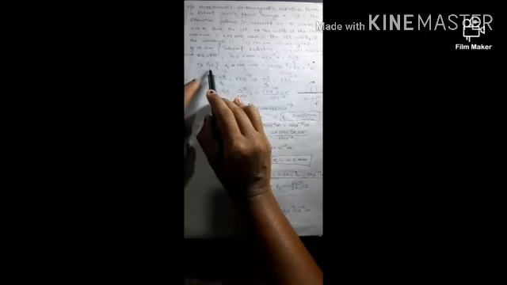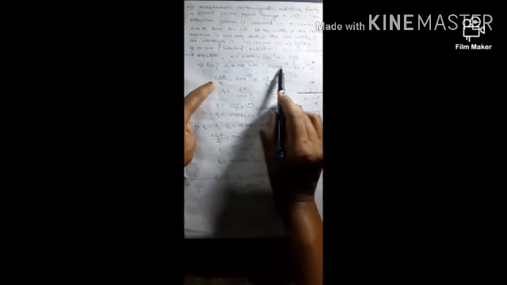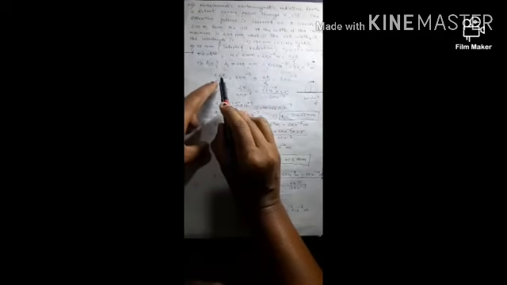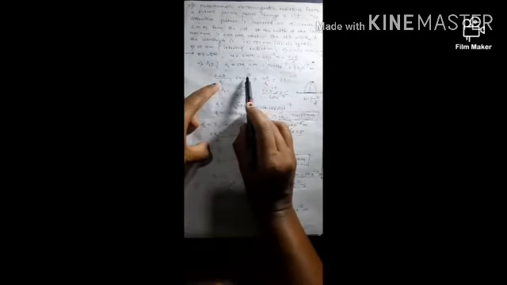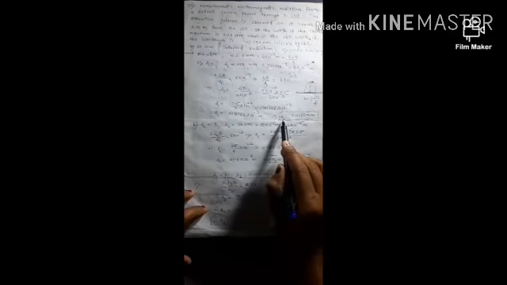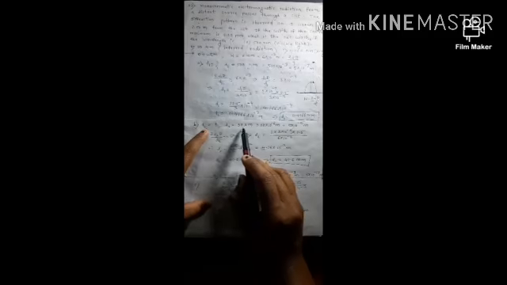So for the first, d1, the wavelength given is 500 nanometer. Nanometer means 10 raised to minus 9 meter. And finally, we can write 5 into 10 raised to minus 7 meter. So 2 lambda 1 D upon d1, by using this condition, is equal to 6 into 10 raised to minus 3. Simplify this, you will get d1 as 0.4166 mm.